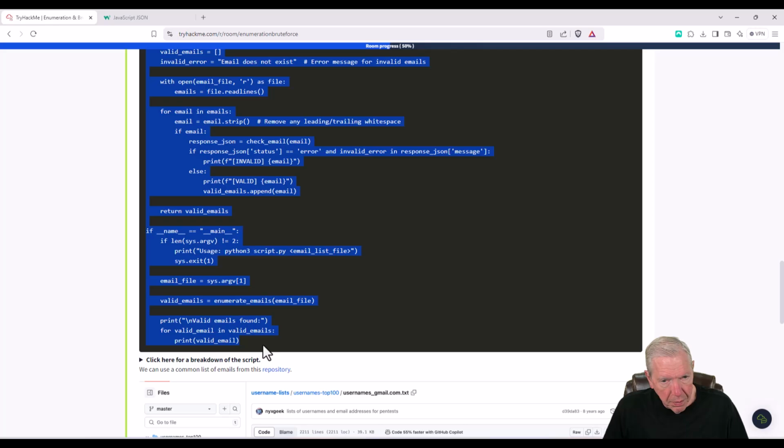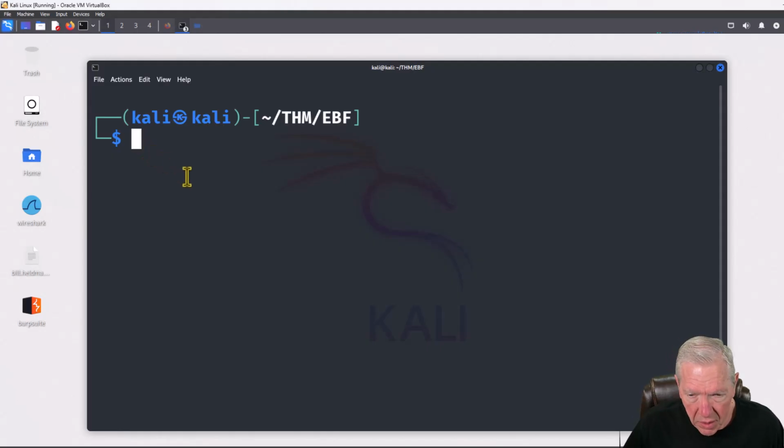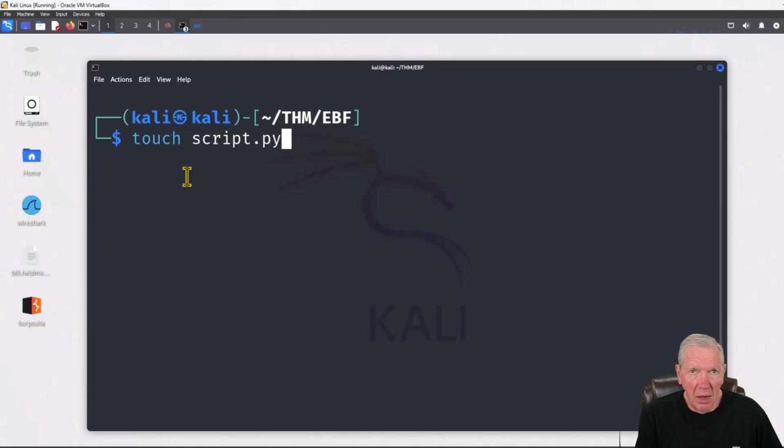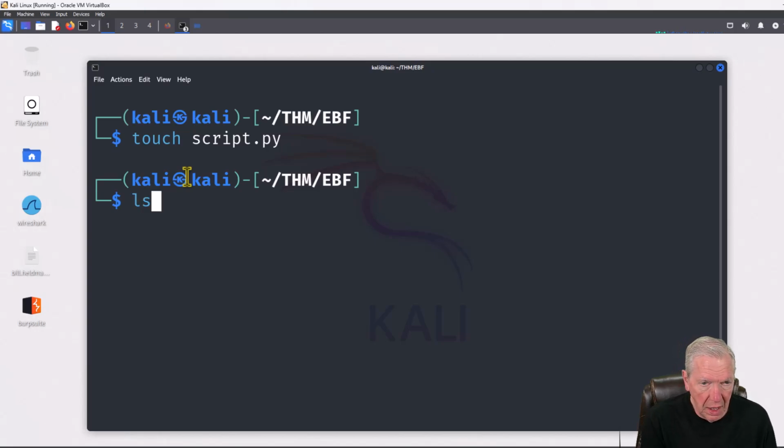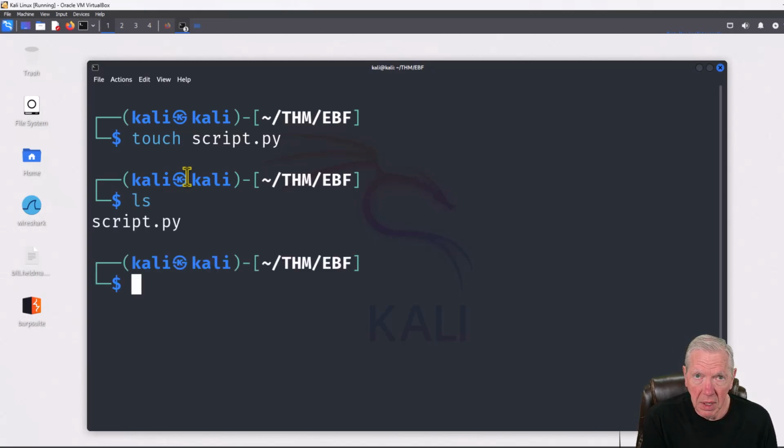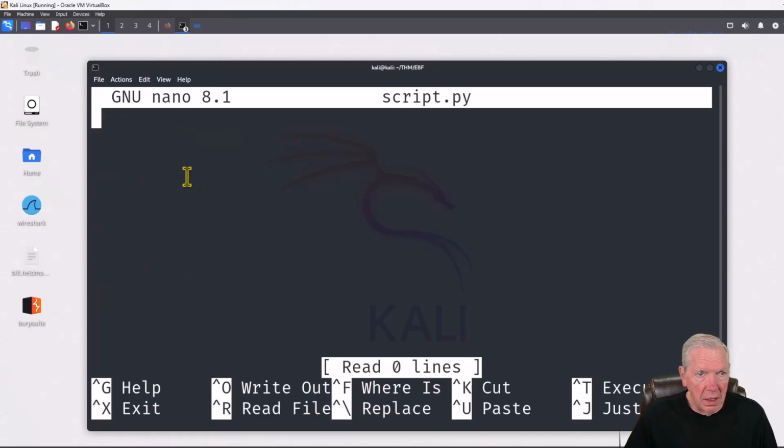I'm going to copy it, put it into the copy buffer, and then I'm going to go out to Kali and paste it in place. Okay, so here I am in Kali, and I'm going to use a command called touch, and I'm going to call this script.py. What that'll do is touch creates an empty file, and so I hit enter, and if I do an ls, it's sitting out there. And now I'm going to nano that thing, nano script.py, and I'm just going to paste